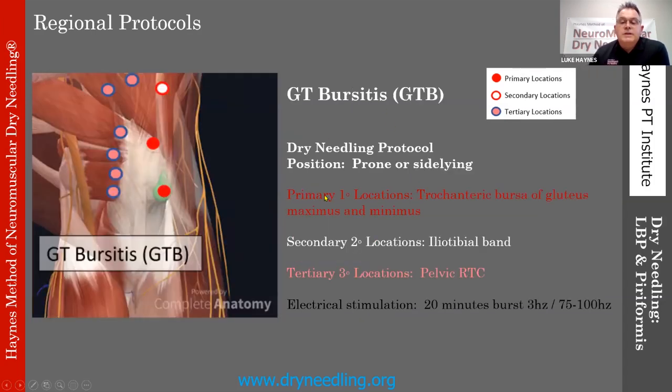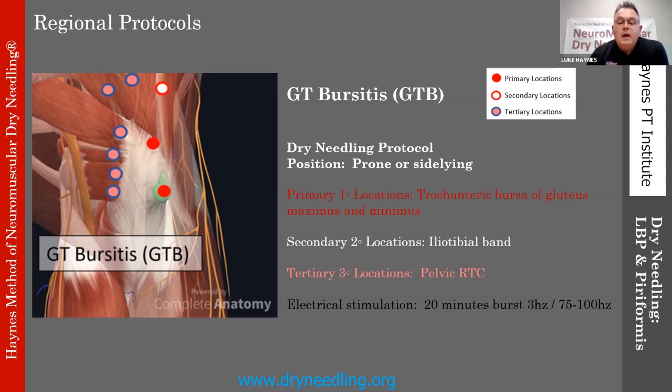For greater trochanteric bursitis, primary would be the trochanteric bursa of Gluteus Maximus and Minimus. And so there are two identified bursa, I think frequently we'll find it as one single bursa in most people. So we'll basically take that on a 30 to 45 degree angle from the lateralmost apex of the greater trochanter over its superior aspect and then towards the head of the femur itself. And then we can get in and we can do some twisting on the needle,